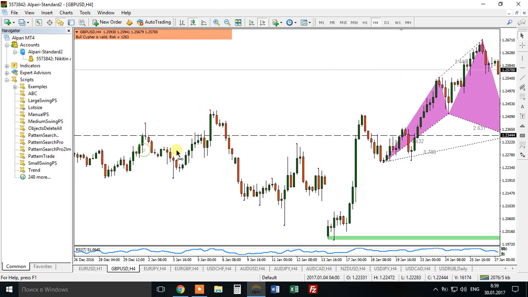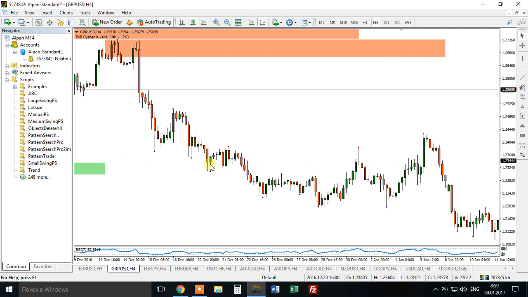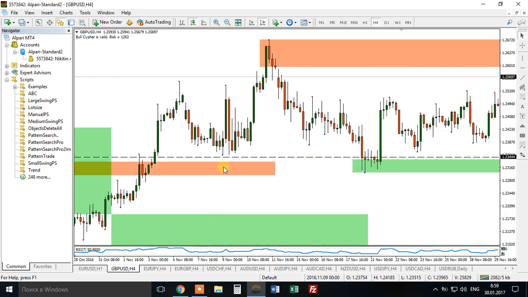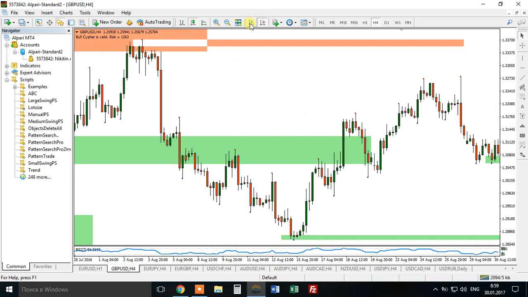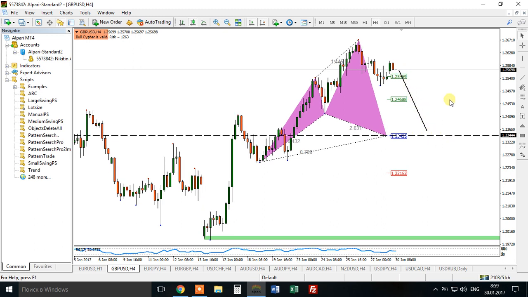If I go a bit deeper into history, this resistance level acted as a support level here, acted as a support level here, resistance level here. So you can see the power of this level. Those support and resistance levels are acting as magnets. So if price is moving to the downside, this is a very attractive movement until price reaches that level. The sellers will prevail in the market because it is a very magnetic